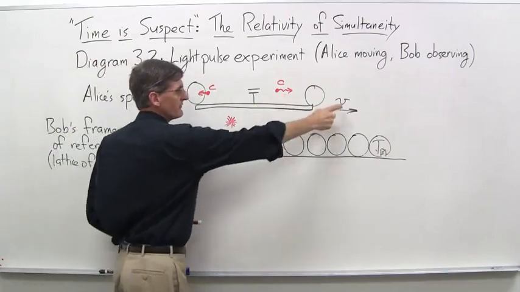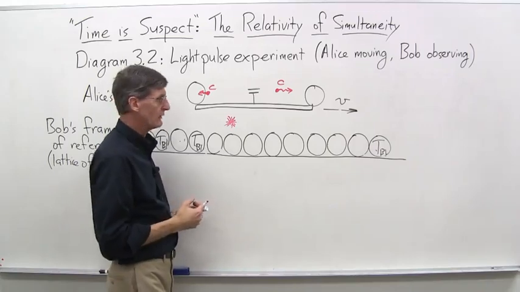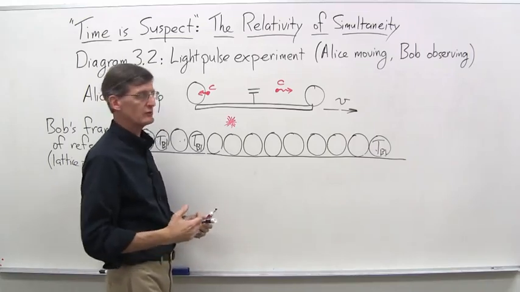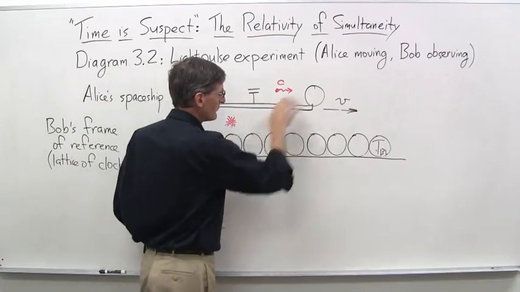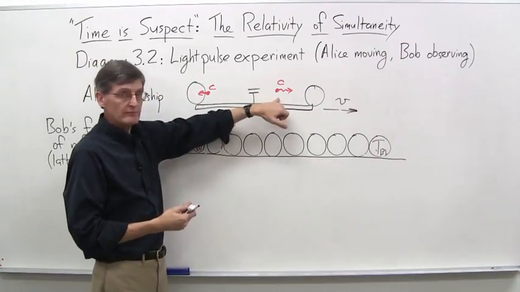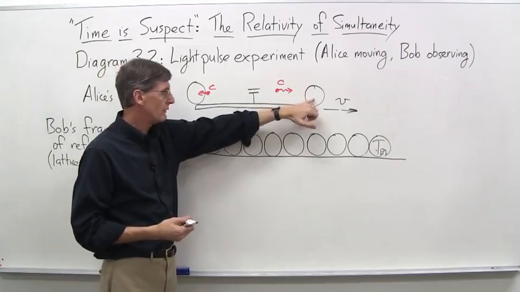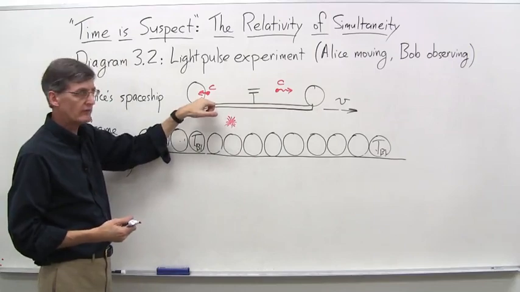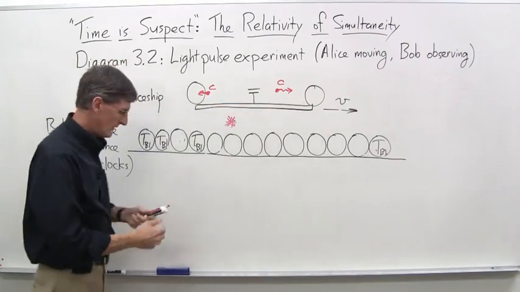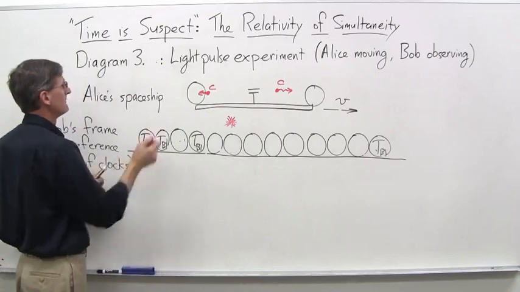Obviously, the speed of light is going to be faster than v here, v being less than the speed of light. Why it has to be was another issue we'll get to later on in the course. But speed of light goes at c. It's valiantly trying to catch up to v. Eventually, it will catch up to v, but not yet. This one reaches here first. This one is still heading in that direction, so that leads us to diagram 3.3